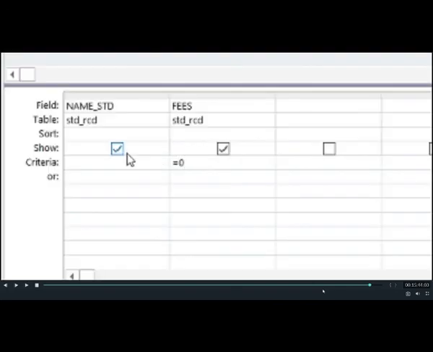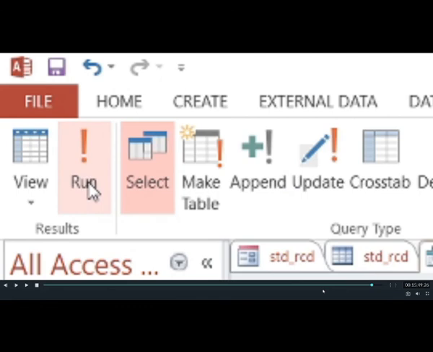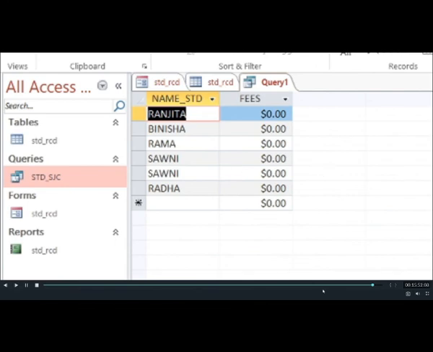2 things. Now here also children, see what 2 field names I have taken, name of the student and fees record. And here see the criteria. What I have done, I have put it as equal to 0, and then you click on exclamation mark. See, have you understood what happened? Here it is different from the previous query. There I had no criteria. In this query I had put a criteria that fee equal to 0. That means all those records where fees is 0, only show me those records.